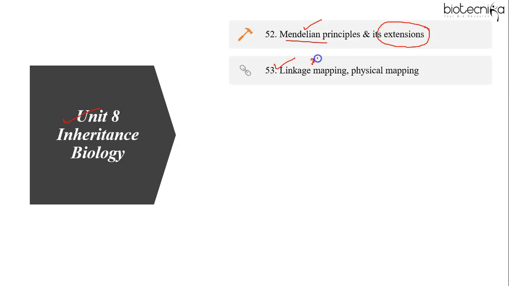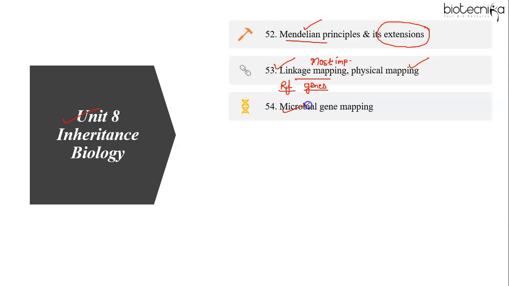This is the most important topic from Unit 8 because every year questions are asked from mapping, linkage mapping mostly, and also sometimes from physical mapping. So questions either on gene order, or numerical questions on calculation of recombination frequency or the distance between the genes, are often asked from linkage mapping. Then from physical mapping, a question can be asked on somatic cell hybridization or deletion mapping. So a figure-based or data-table-based question is asked from here.